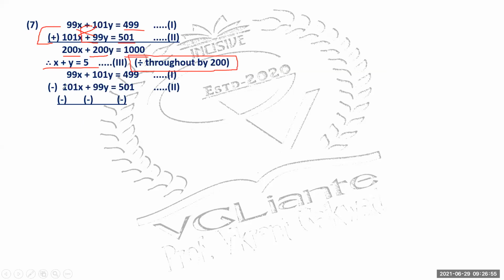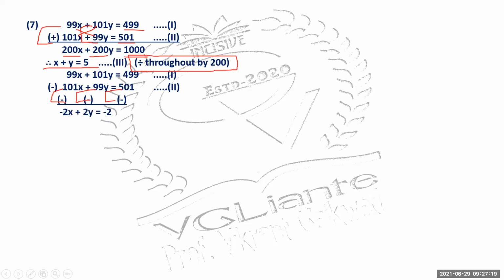So what happens is plus 101 becomes minus 101. Plus 99 is going to become minus 99 and plus 501 is going to become minus 501. Understand? So all the signs have changed. So now with respect to that,